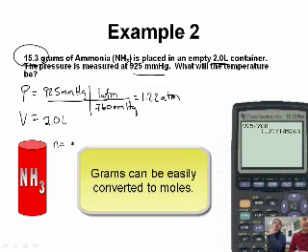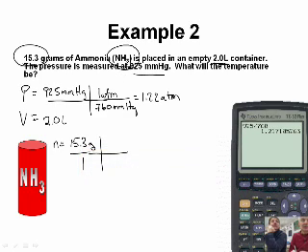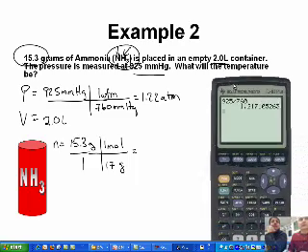But we do have 15, and we can turn grams into moles quite easily. So actually, we're going to write 15.3 grams over 1, and we're going to use the fact that ammonia is NH3, and then we're going to say grams in 1 mole. I'm going to look in the periodic table, find the atomic mass of N and the atomic mass of hydrogen, add them up, and I get 17, and I can just do that right on my calculator over here.